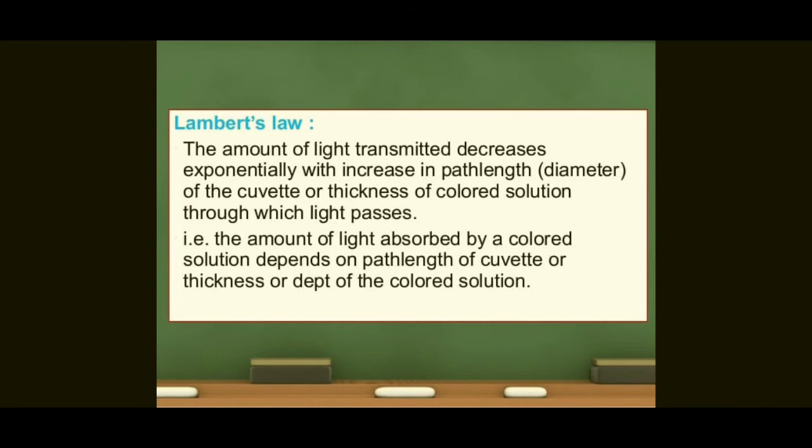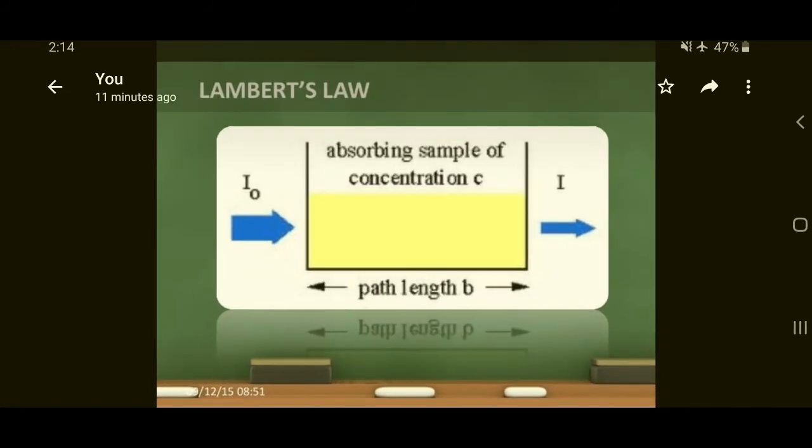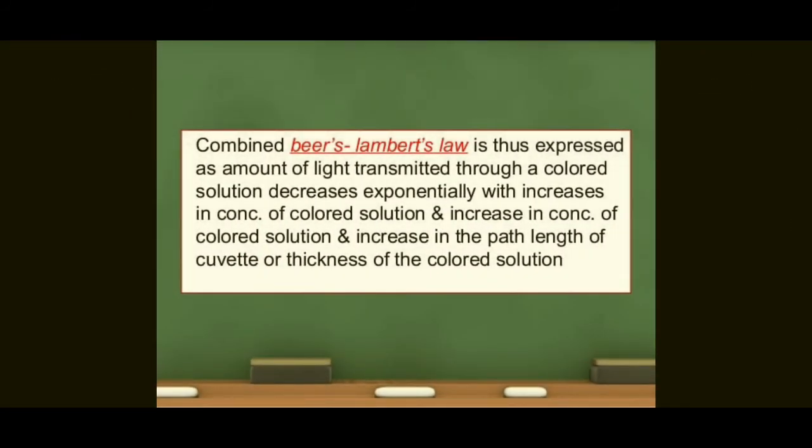So the amount of light absorbed by the colored solution depends on the path length, or the thickness or depth of the colored solution. So students, in Lambert's law I note the absorption of the sample solution, with concentration converted to I and path length of V. So students, the combined Beer's and Lambert's law expresses that the amount of light transmitted through